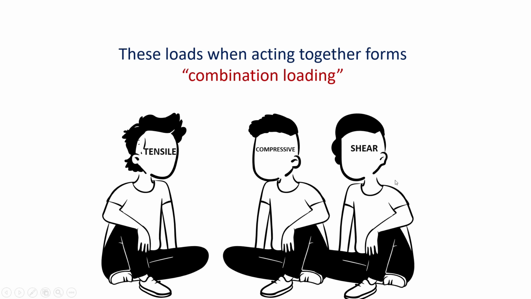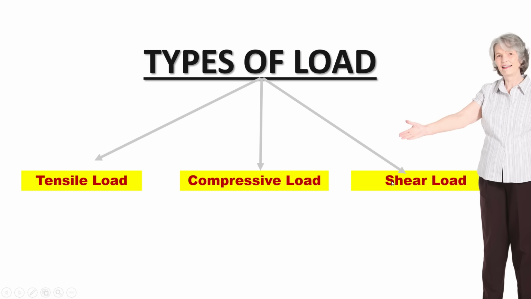Right. Now we discussed all three types of load. Again, tensile stretches the structural member, resisted by using ties. An example of ties is stringers. Compressive load shortens the structural member, and it is resisted by the use of struts. One example of struts is the pneumatic strut, and shear load is one which slides the adjacent faces